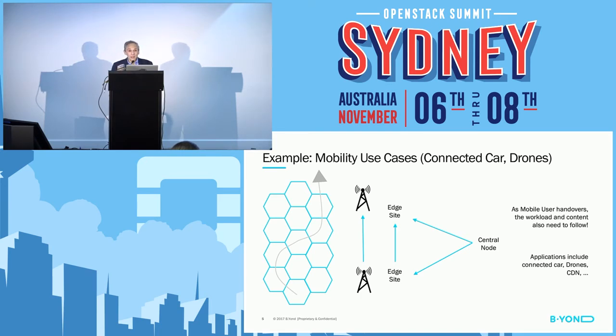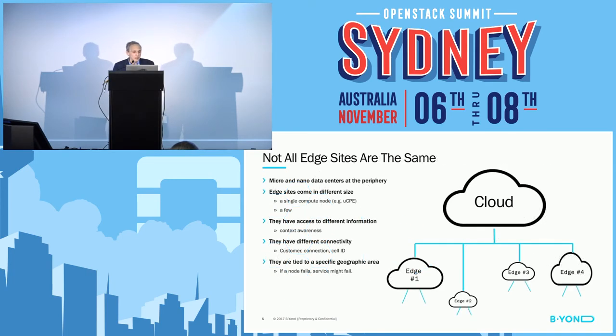Now, that, again, is an implication of what it means to run things at the edge instead of running it in a central node. Now, those central nodes that I'm talking about, they're not all the same. They come in different sizes. The uCPE use case might be a very small node, might be a small box. The mobility use case might be a CRAN, that might be a few racks in a central location in a centralized RAN scenario. And they all have different kinds of information. They have different access to different radio information. They have access to different links, different information about the context in which they're run.